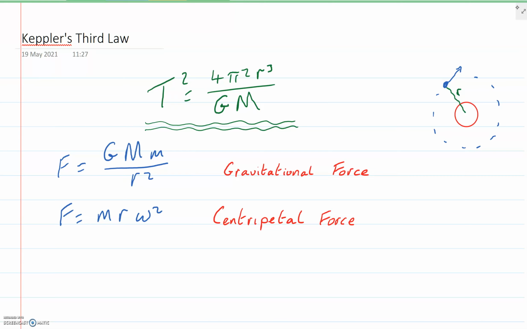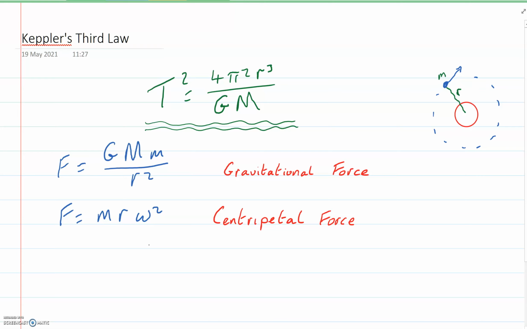So we know that this centripetal force F is equal to m times the mass, m here is the mass of the satellite, so this is going to be small m up here. The radius, which is the distance to the center of the planet, times omega squared, and omega is the angular